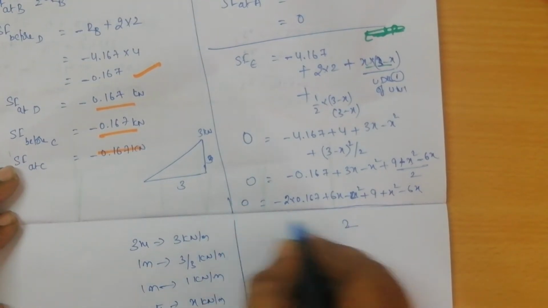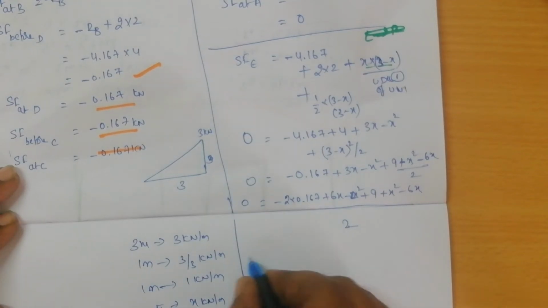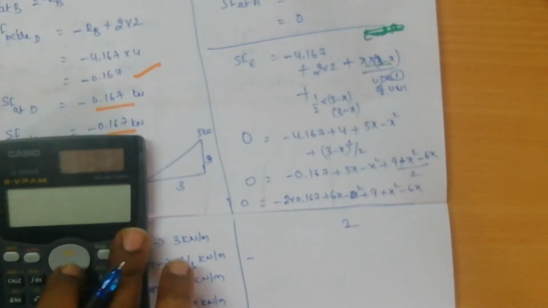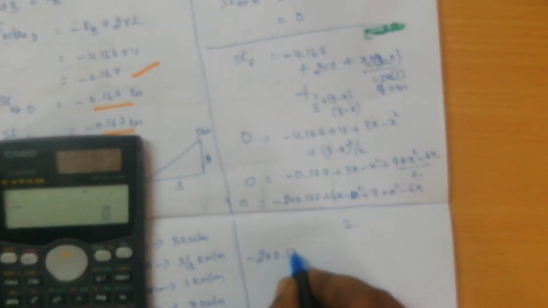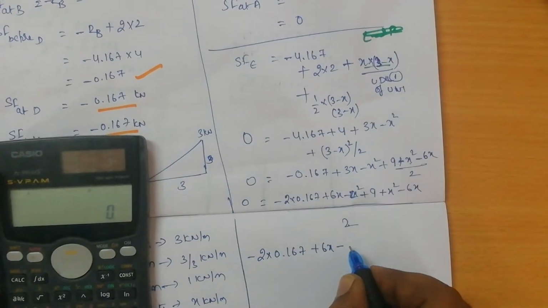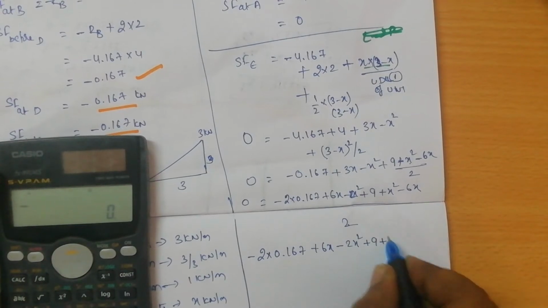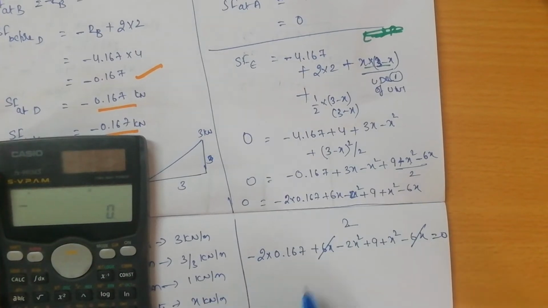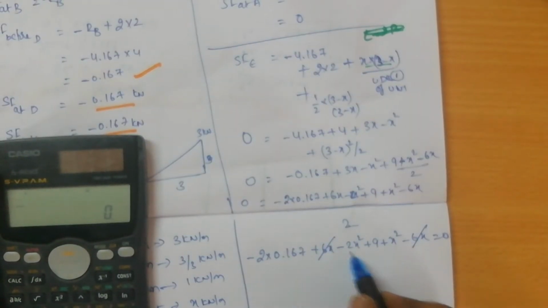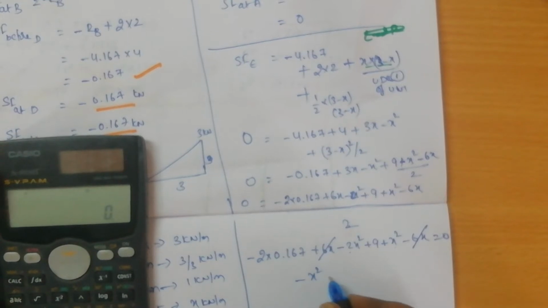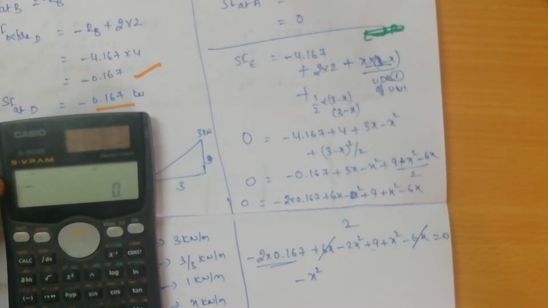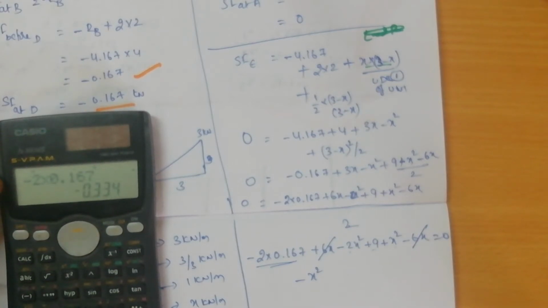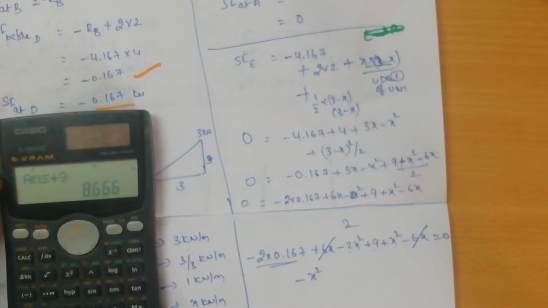So this 2 goes to the other side, it becomes multiplication, and it gets cancelled. So the answer is minus 2 into 0.167 plus 6x minus 2x square plus 9 plus x square minus 6x. Plus 6x minus 6x cancel. Next is minus 2x square plus x square, so minus x square. So the value of this is constant. What is that constant value? Minus 2 into 0.167 plus 9, so this is 8.666 we are getting. Minus x square plus